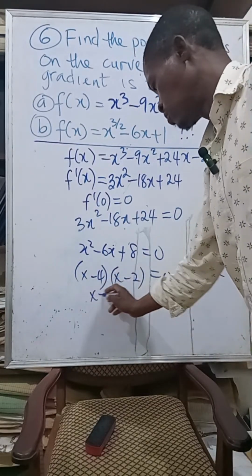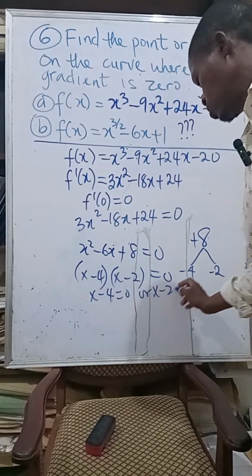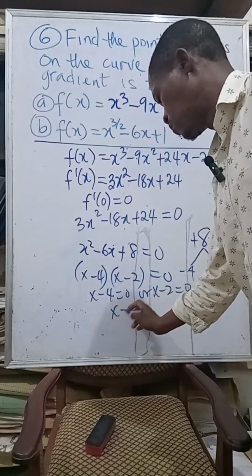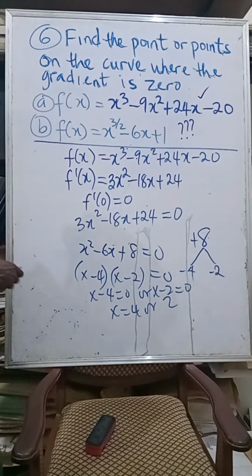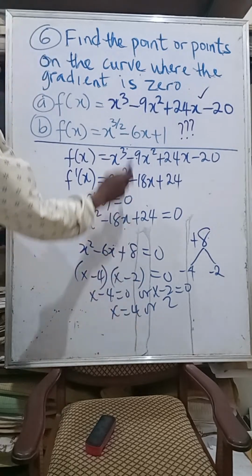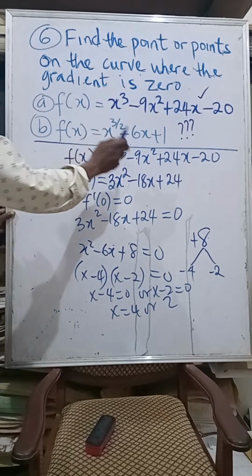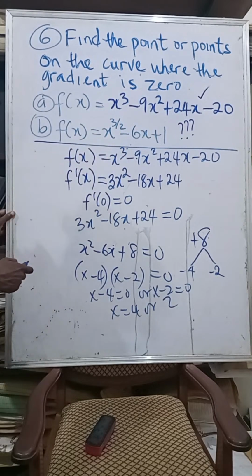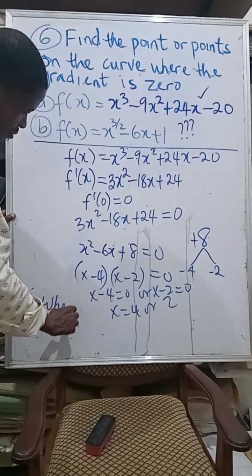So x minus 4 is equal to 0, or x minus 2 is equal to 0. So x is equal to 4, or 2. Okay? When x is 4, come back here. When x is 4, put it here, substitute there. So that will be equal to what? When x is 4,